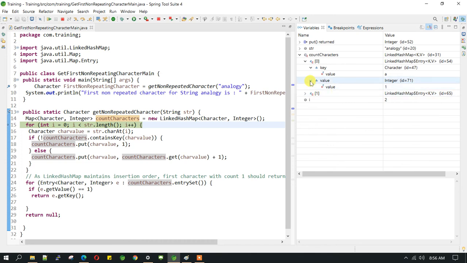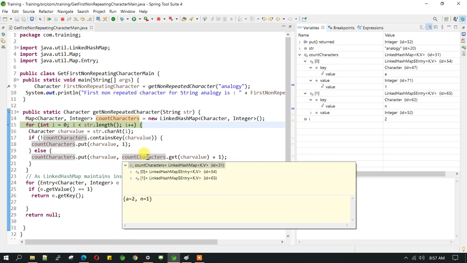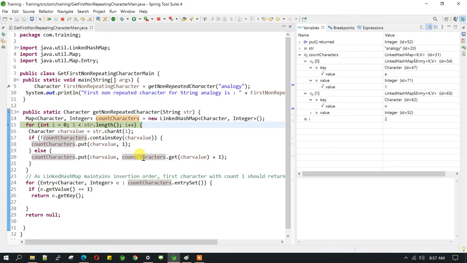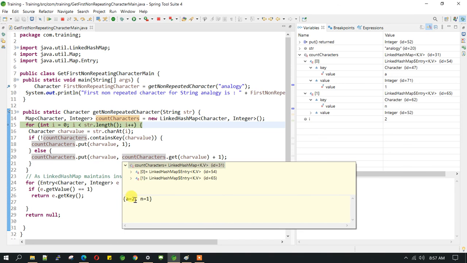I guess we need to refresh this. It is not reflecting here, but if you see here, the key-value pairs are a equal to 2 and n equal to 1.